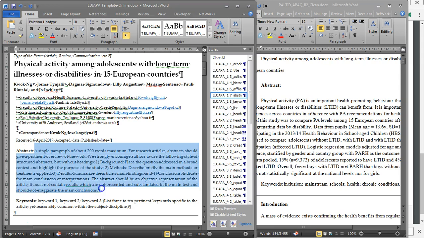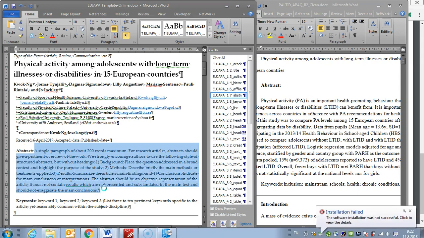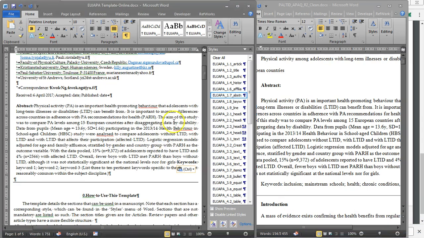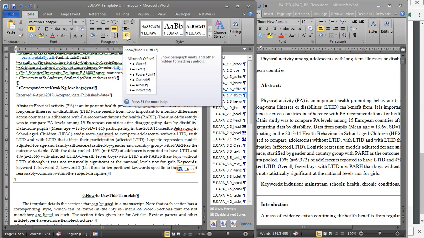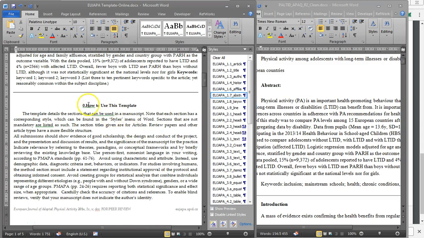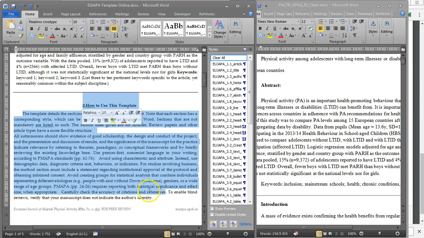I copied the abstract and then I'm going to paste it, and here we have the entire abstract. I'm going to get rid of these show hide. And now, after you've read this how to use template, which I'm going to remove,